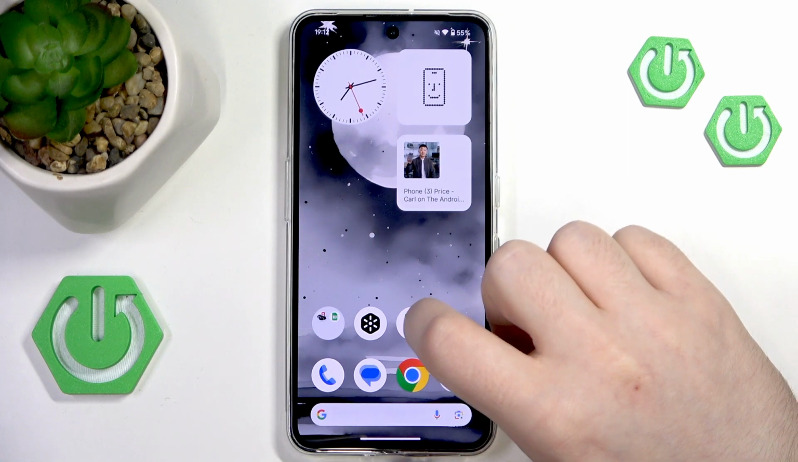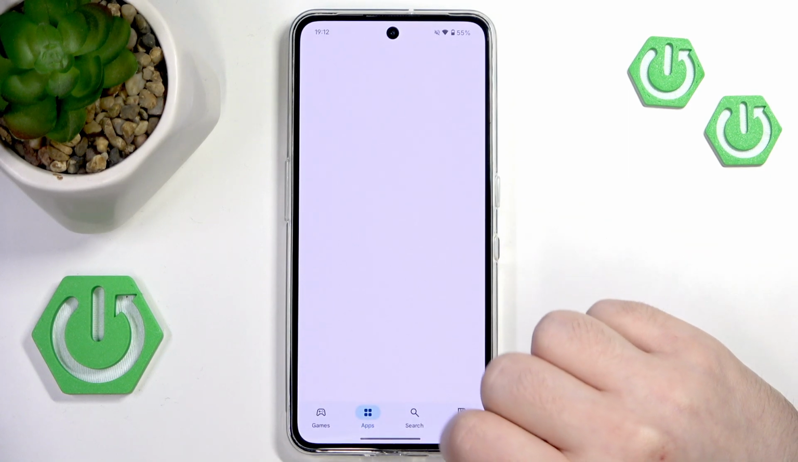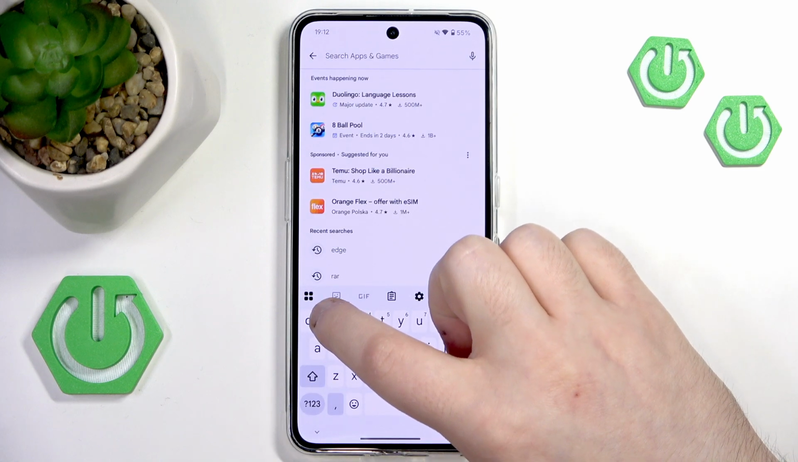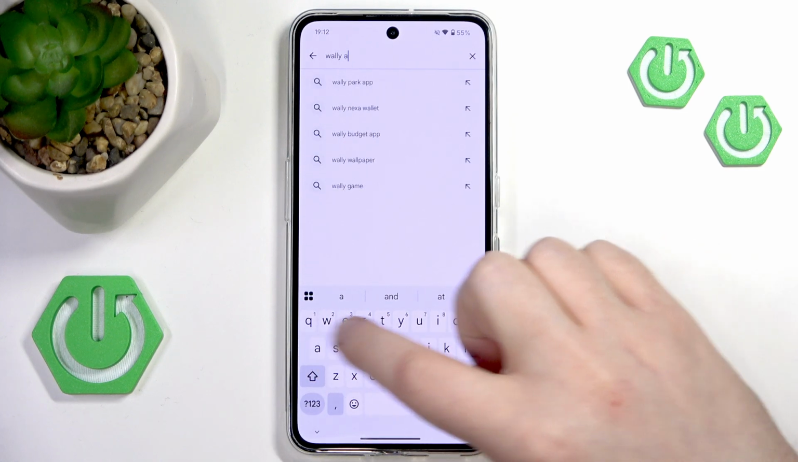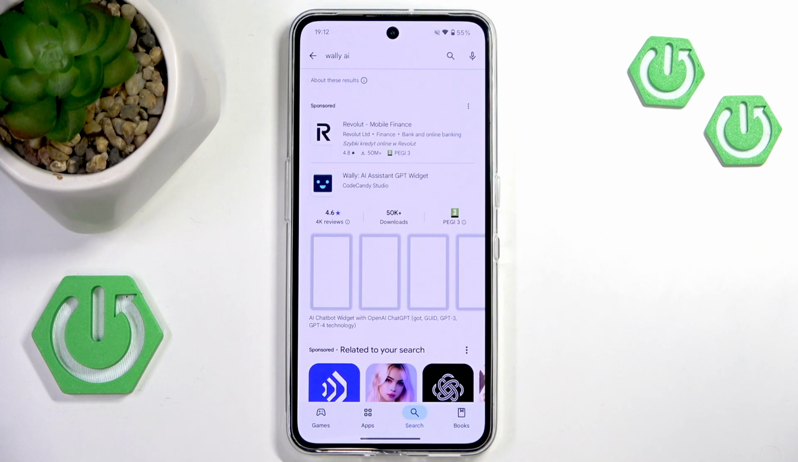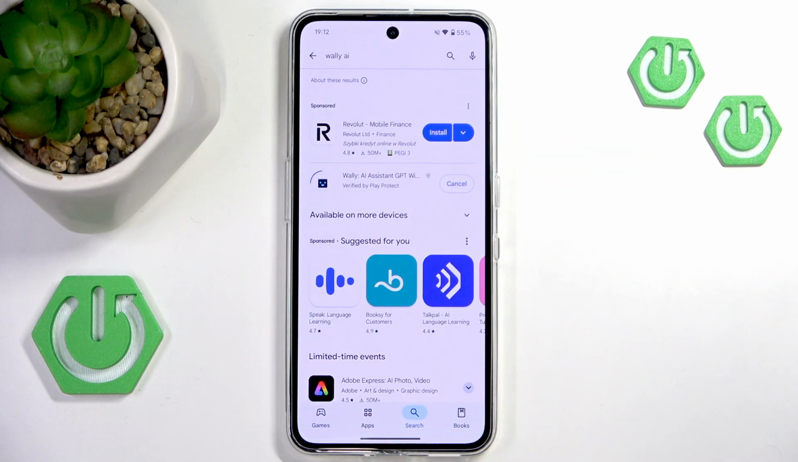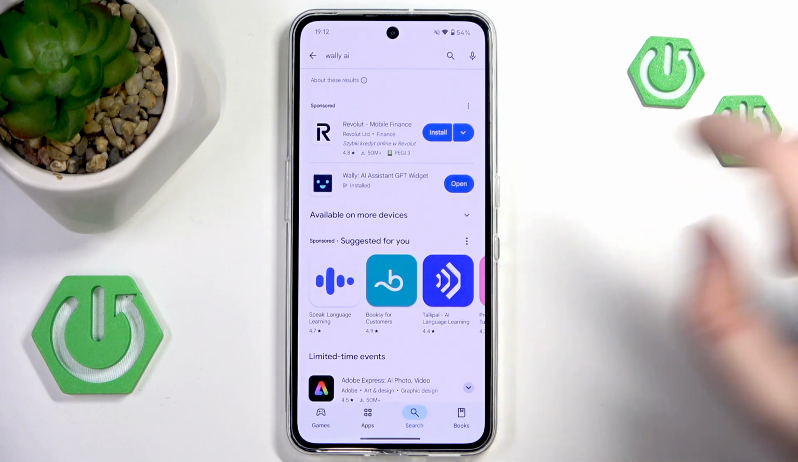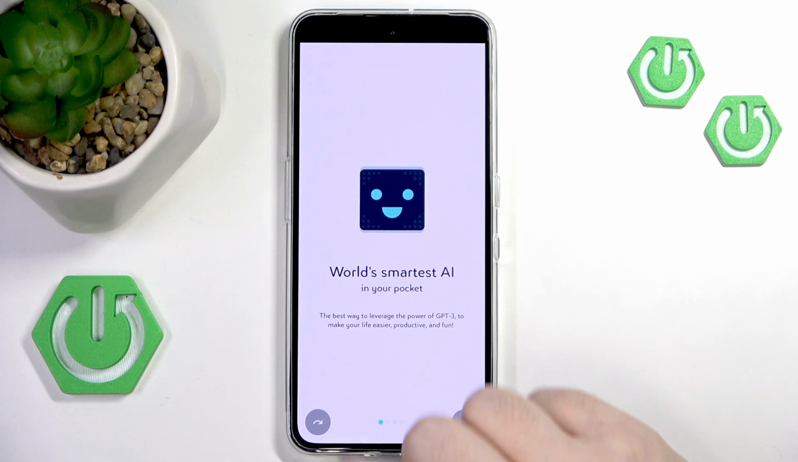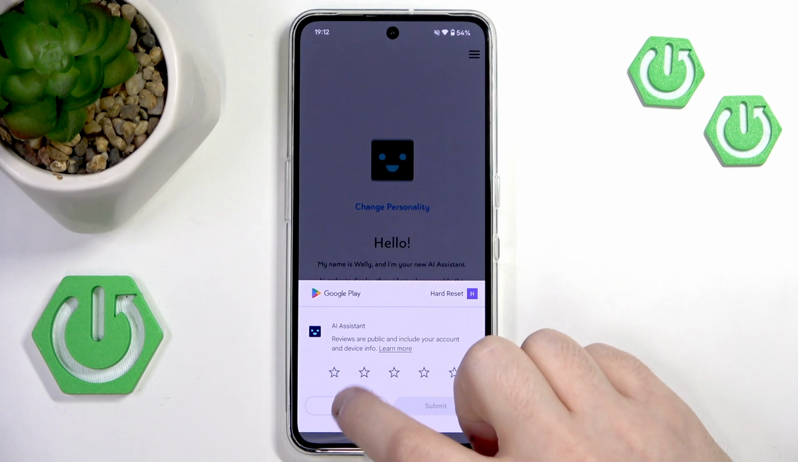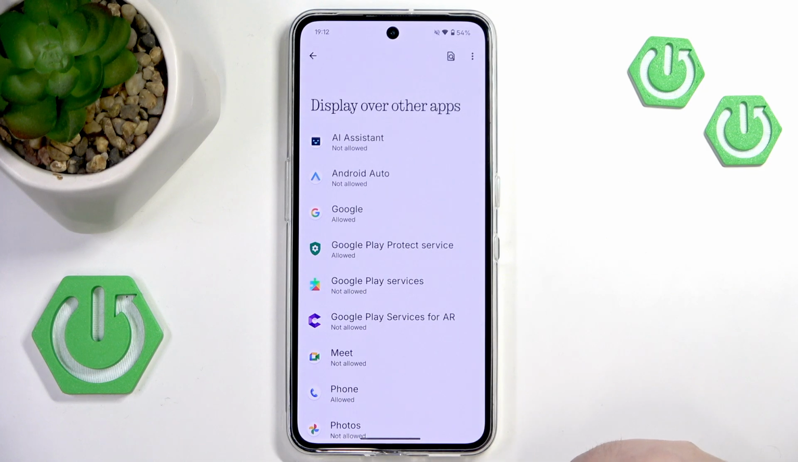So you have to start by opening your Google Play Store, then click on the search bar and type in Wally.ai, click search and then click install. Now click open, then click on this button to skip introduction, then click not now and click open permissions,